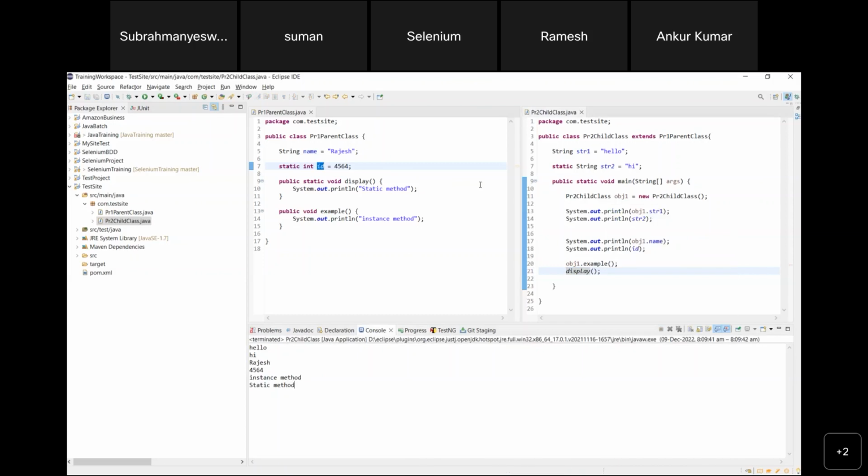Okay, so do you understand the inheritance concept here, or any questions? I think it is clear for me. Okay. It's clear. Thank you. Okay, so